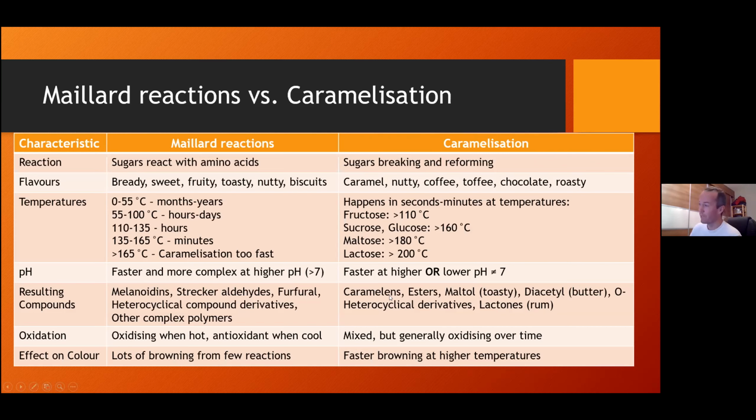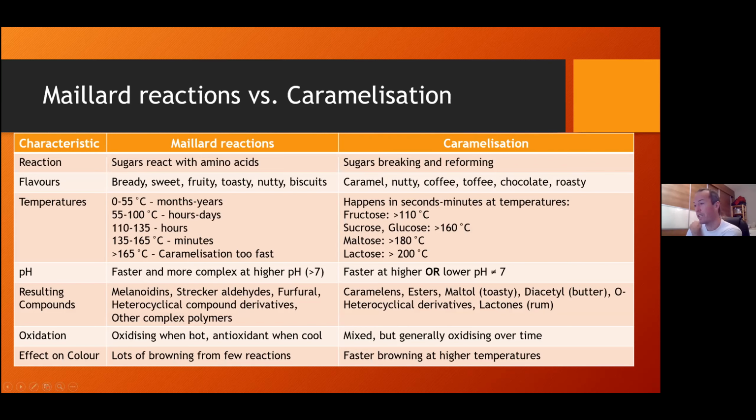Caramelization, I'm not going to talk about that in too much detail, but there's some other stuff called maltol, which is one of the toasty flavors which we love. It also creates diacetyl. A lot of that just gets boiled off and is not as stable. It's actually one of the fission products we were talking about earlier. And then there's oxygen heterocyclical derivatives, and there's much less of them. Lactones is another one which has got a rum flavor, and you only get those at really high temperatures, and you also get that in barrel-aged beer.